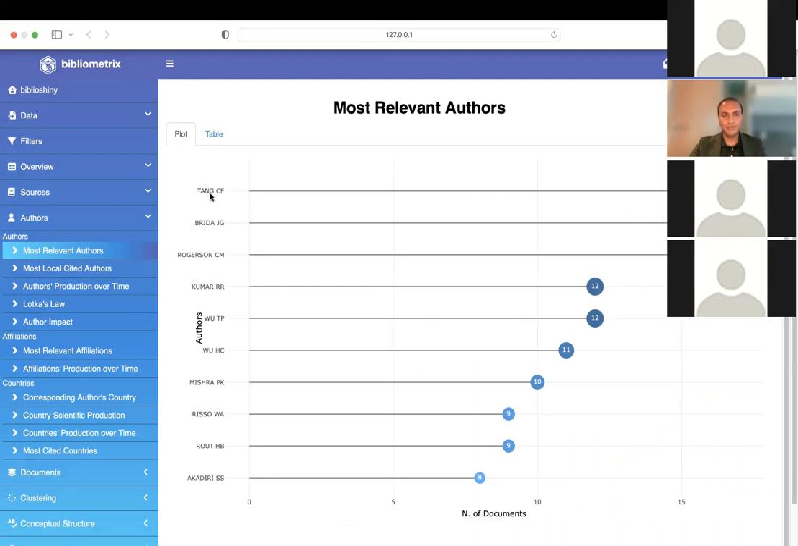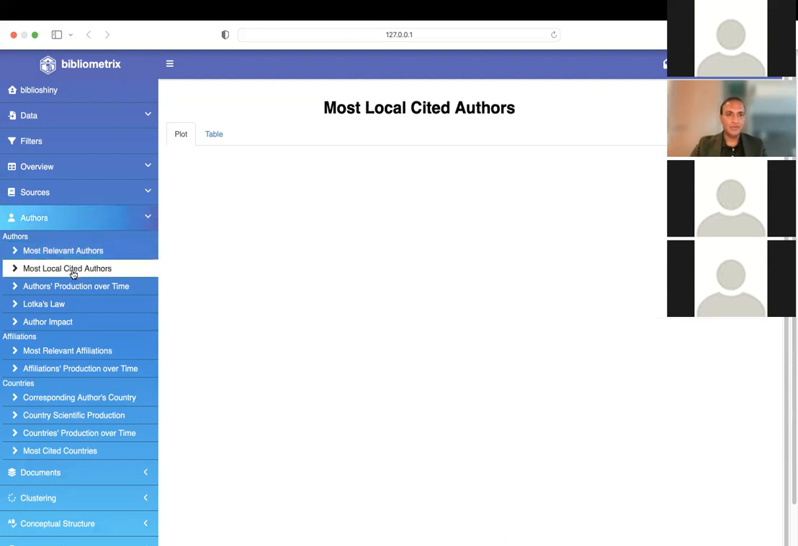Most productive author in this area, tourism economic growth, is Tang. And then the second best author is Brida, and he has published 16 papers. So you can identify some authors which are very important, highly productive in this field. And then you can also find out which authors are getting most citations. So if you click that,